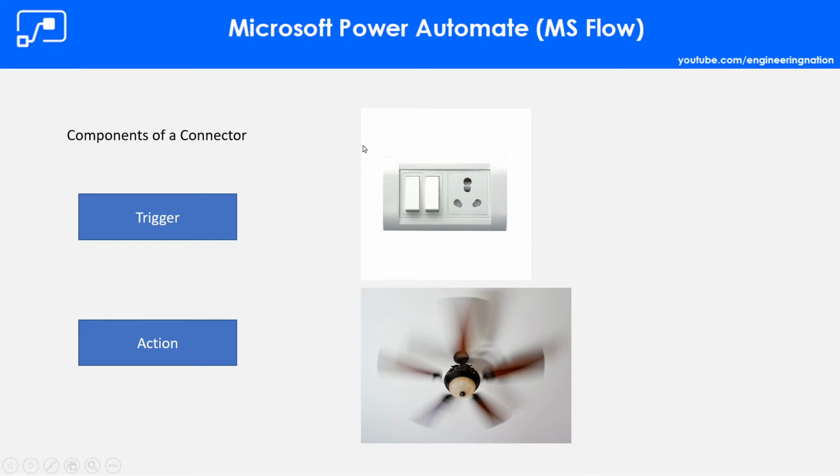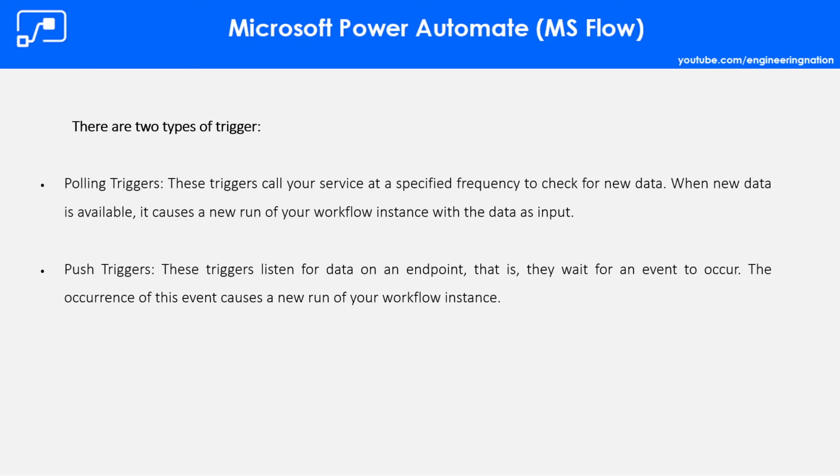So the trigger is when an email arrives, and the action is to send an email or reply to an email. That is how it is in real life, and in Power Automate the same thing happens in a different way. For example, when an email arrives or when a record is created in a SharePoint list, that's how you can trigger your flow or perform the action. A point to note here is that there will be only one trigger for one flow, and many actions can be possible, but the trigger should be only one. Okay, let's move to the next slide.